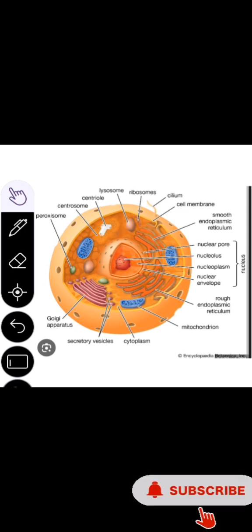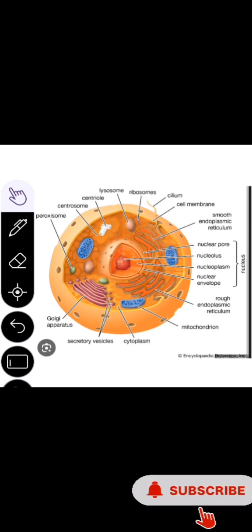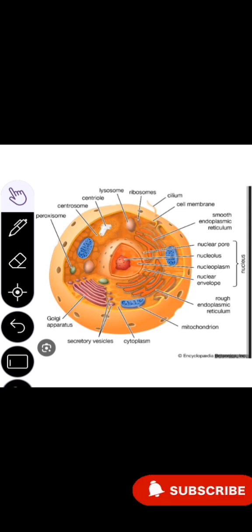cell signaling and communication. Cell signaling and communication are the various ways by which cells communicate with each other. These mechanisms include, number one, endocrine. Endocrine communication means cells are communicating and sending signals to each other via hormones. Paracrine communication and autocrine. Paracrine communication means that cells are communicating with nearby cells by diffusion. And autocrine means